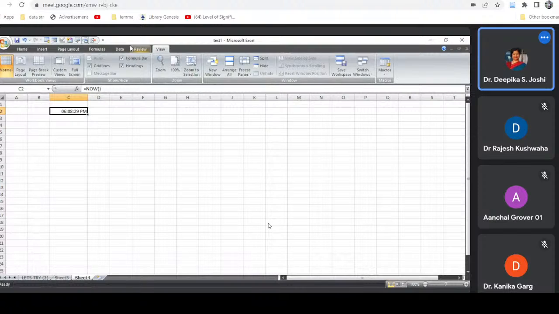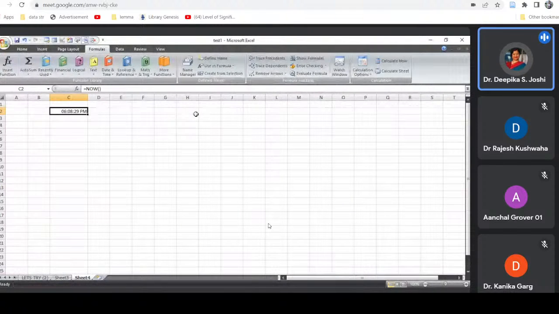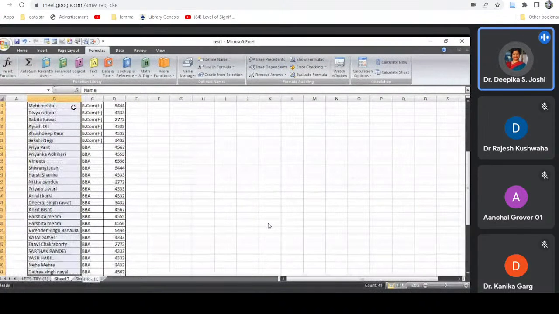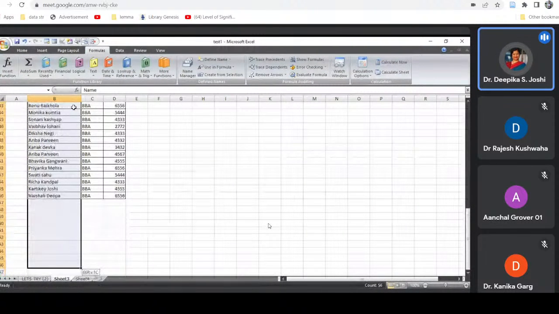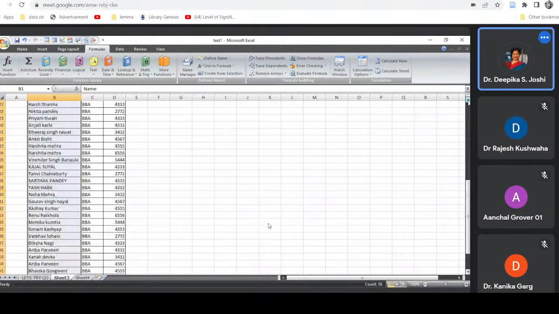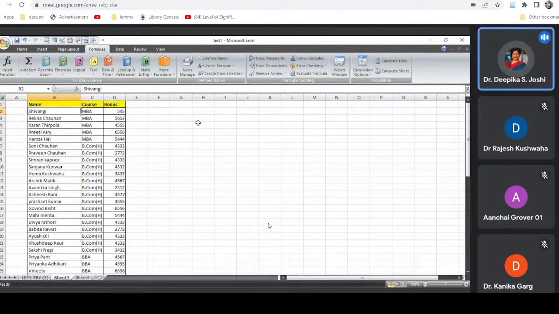Okay, autocomplete will be done a bit later because for that we'll be preparing another data. Meanwhile, let's move on to our sort and filter option. Though we have covered it in the previous session, I've prepared this data again, and I'm selecting this main column. I have around 56 rows here, wherein I have 55 records and one header line. I've selected the first column that contains name details,